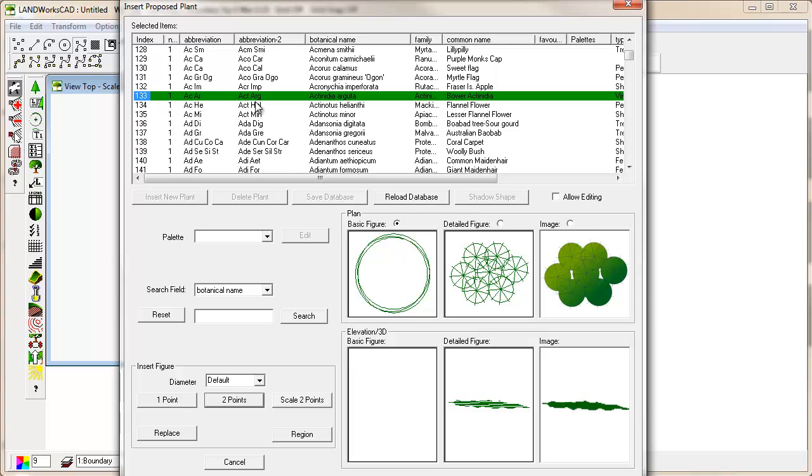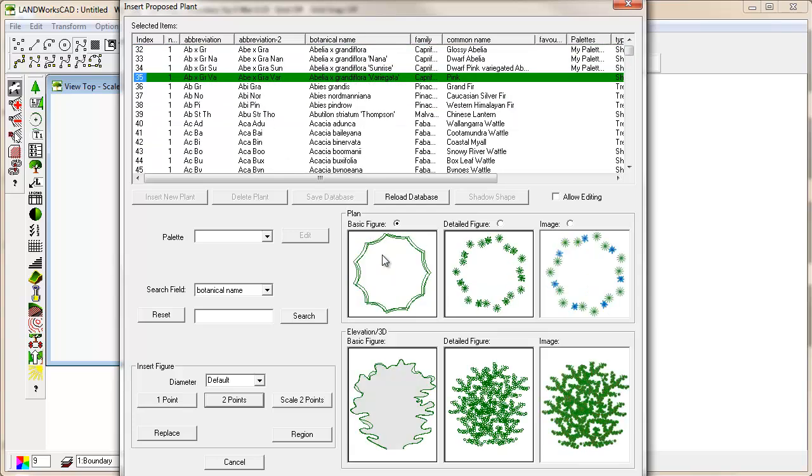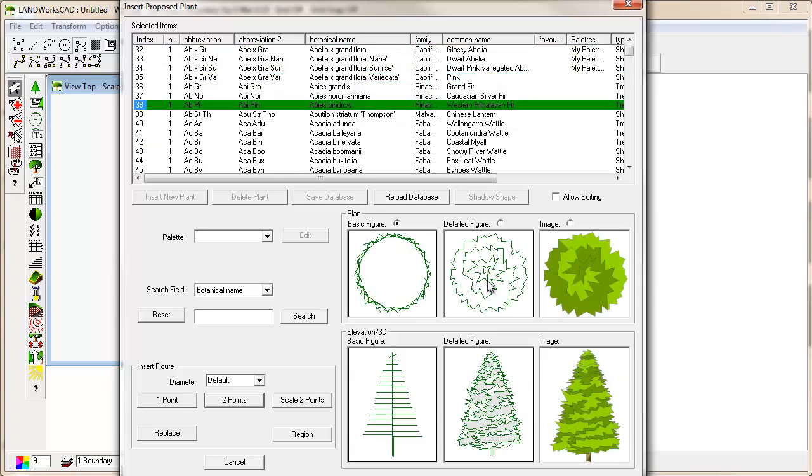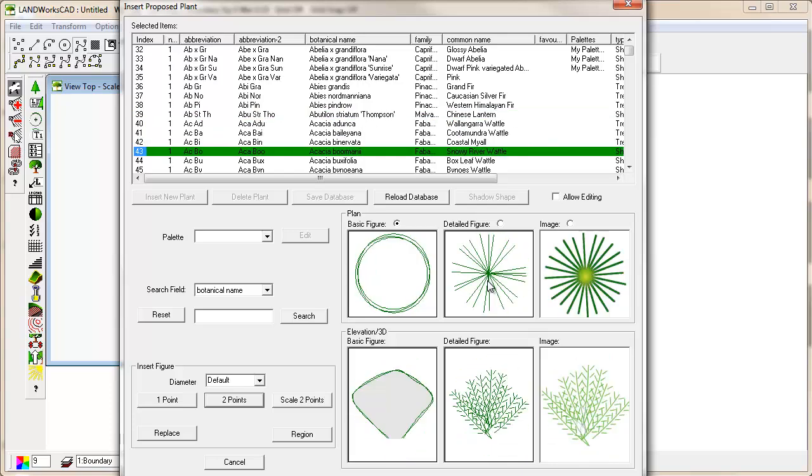And each of them, if I use the down arrow on my keyboard, you'll see give you a range of different display options. With all of them, there is an opportunity to either choose a basic looking figure, a more detailed appearance, or an image file. Now an image file would typically be either a scanned image or a photograph or something that you've produced in something like Photoshop or some other photo rendering program. So by choosing which option the little dot is in, that will determine which one of these is actually inserted